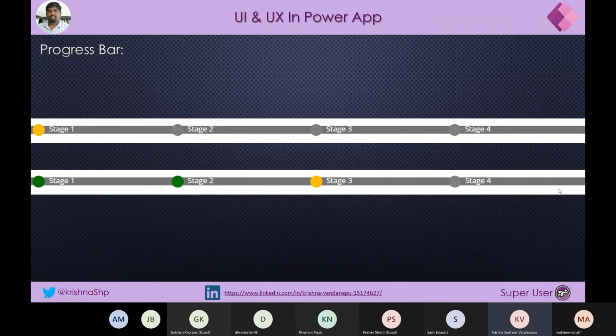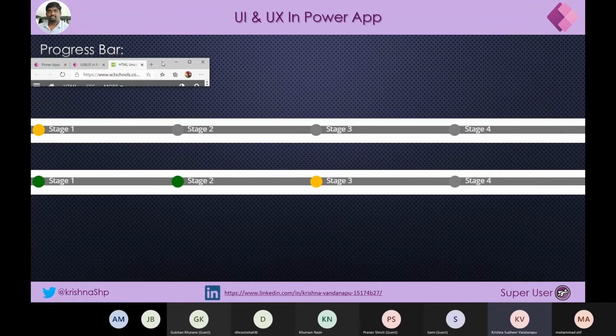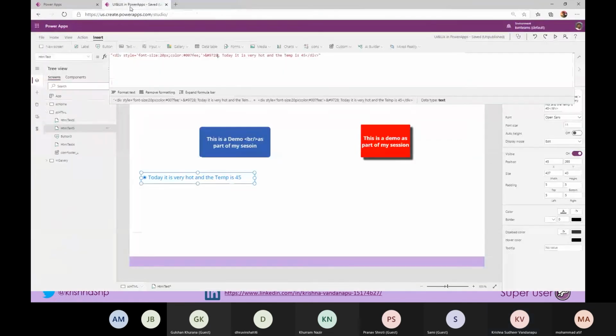When I complete stage one, I turn my previous stage indicators to green, and whichever stage I am in, I show it in yellow, so that the user knows which stage they are exactly on.